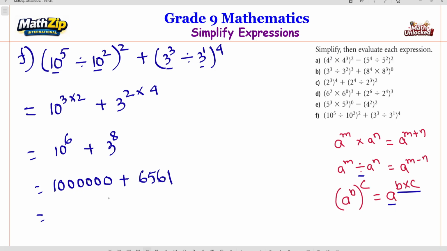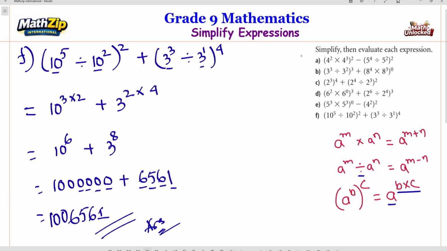So 0 plus 1, it will be 1, 0 plus 6, it will be 6, 0 plus 5, it will be 5, 0 plus 6, again 6, and then 1 0 0. This is our answer. And finally I am trying to solve this set where we are simplifying and then